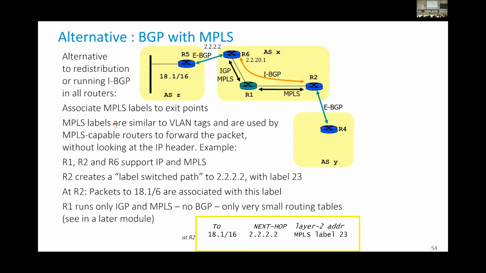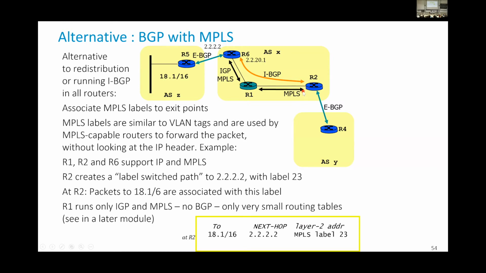MPLS uses labels. We've seen labels already with virtual LANs. When we have a virtual LAN switch that has multiple virtual LANs, it may send the packets to another virtual LAN switch by adding to the packet a virtual LAN header. So an MPLS header is not a virtual LAN header, but it's very similar. It's a number that is added at the Ethernet level, and that allows, for example, when R2 wants to send data to R6, then with this solution, they will establish what is called an MPLS label